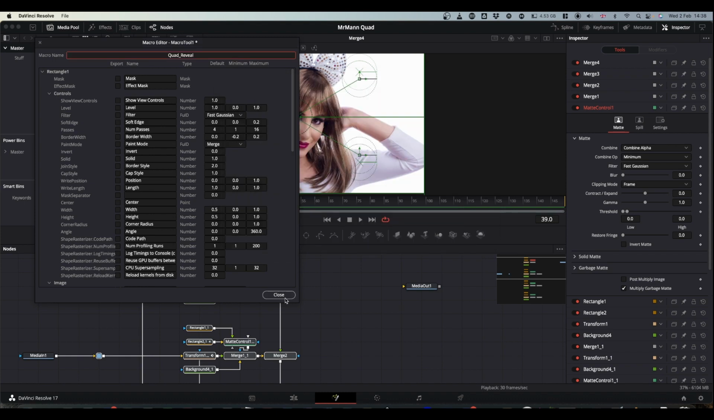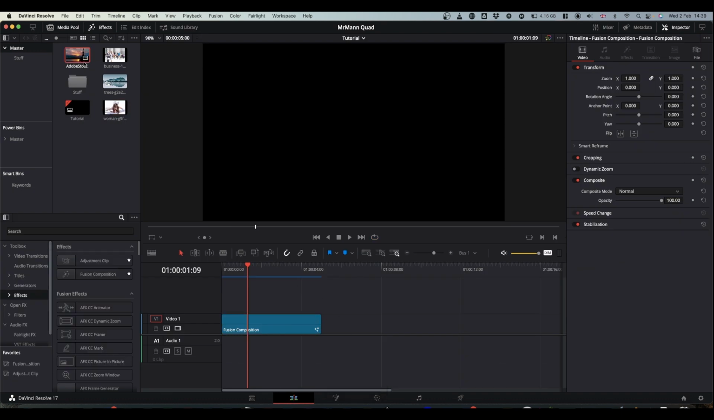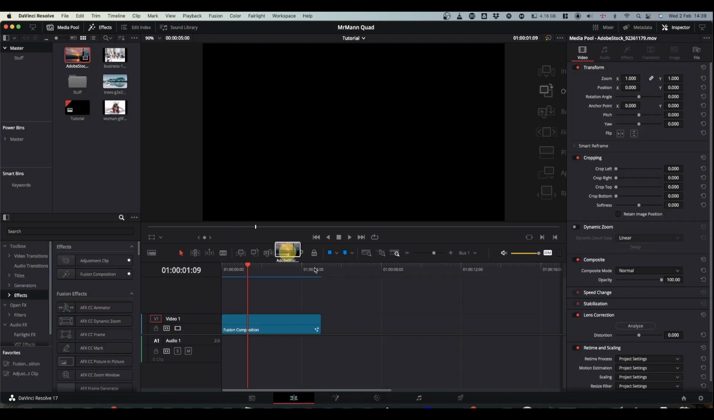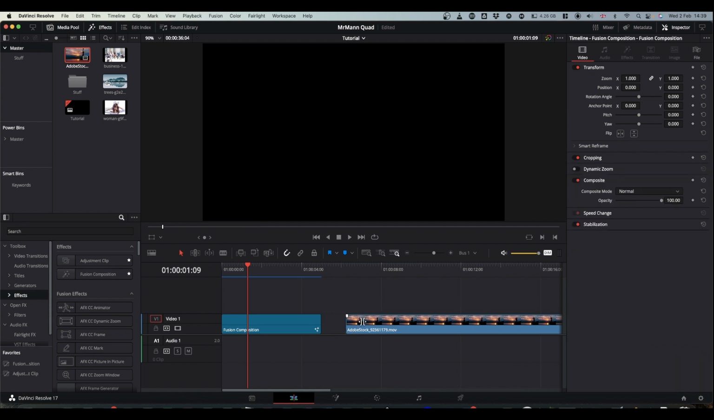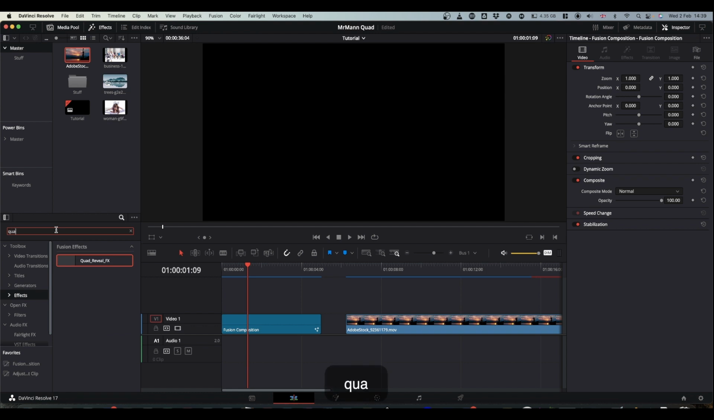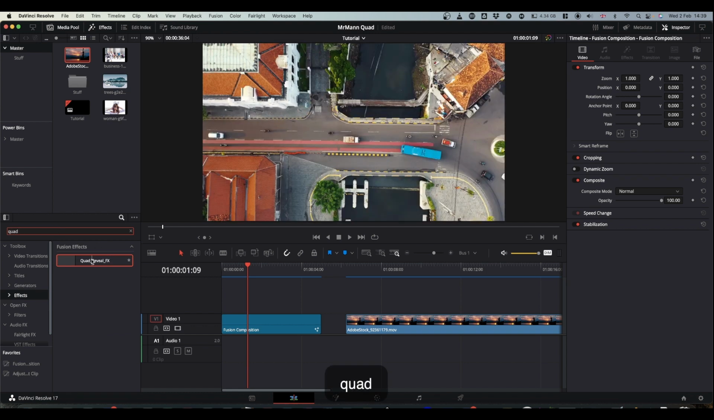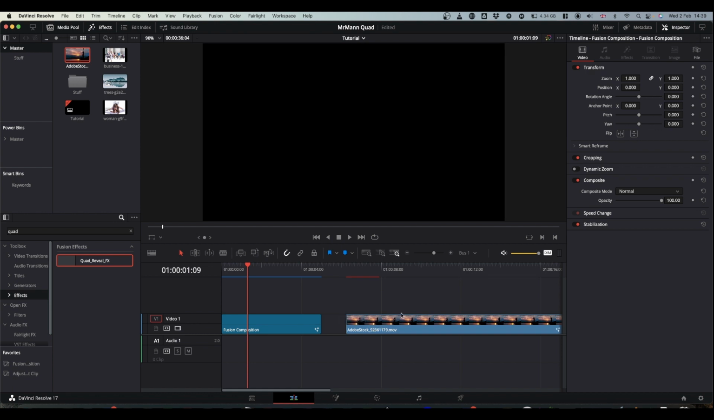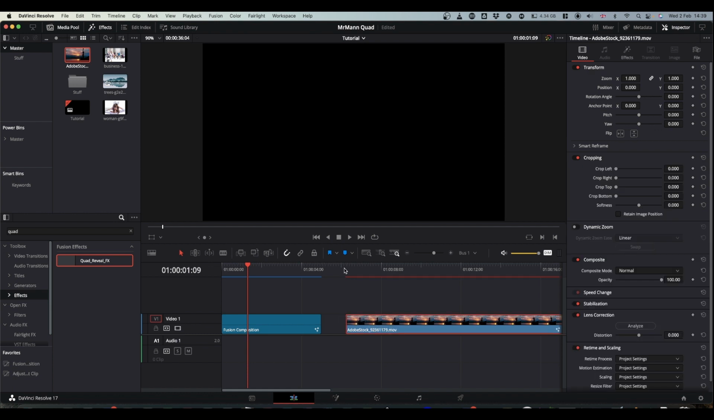So once you've saved it, come back to the edit tab, find some footage or a picture, makes no odds, it works for both. Have it on your timeline. Now if you go to your effects library, it's probably easy, it depends how much you've got. I've got loads of crap on mine, so hit search and search for whatever you called it. So we've got quad reveal effects, drop it onto your image,